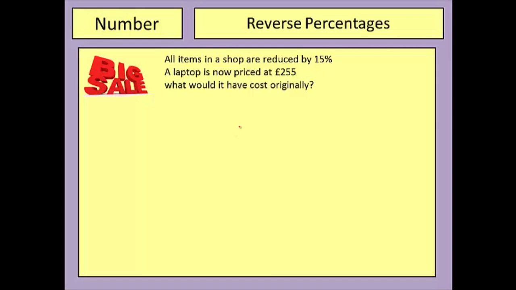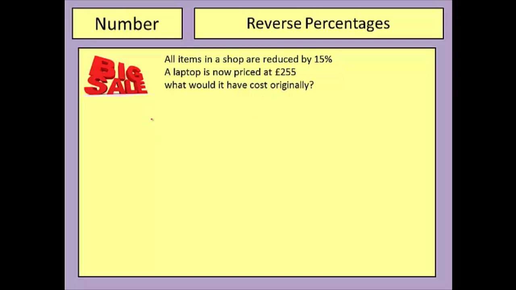In this video we're going to look at reverse percentages. So here's a typical reverse percentages problem. All of the items in a shop are reduced by 15%. A laptop is now priced at £255, but the question wants to know what would it have cost originally before